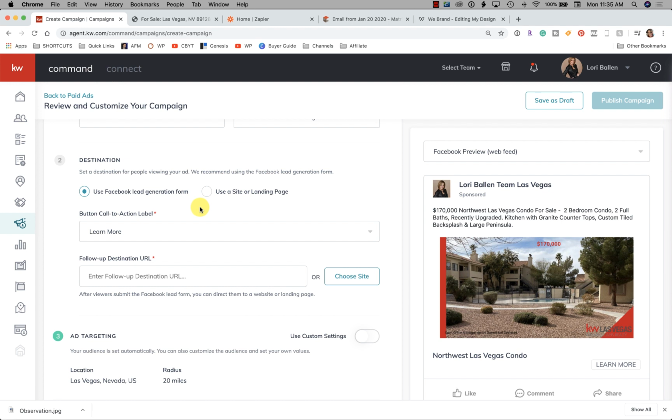And by the way, some of you guys are posting on Facebook, oh, how's the lead conversion? The conversion is going to be the same as it would with any other Facebook ad. Our cost per clicks and our cost per lead might be lower through the Command portal because of the agreements and because of the way they have this set up. Makes it easy for us not to screw it up too bad, which often increases our cost per click. So we're going to get more leads, right? And that would therefore mean we should potentially get more closings because our ad budget's going to go farther, which means lower cost per click, lower cost per lead, more leads,